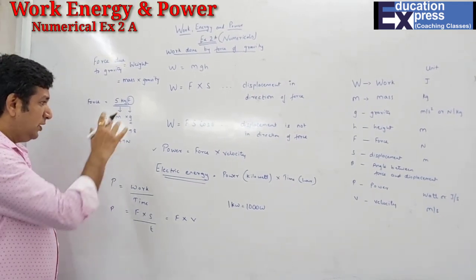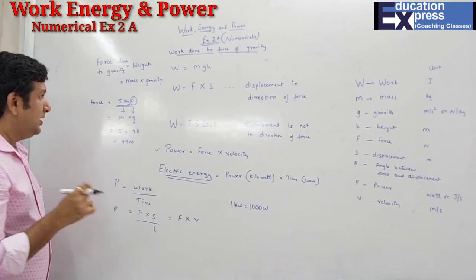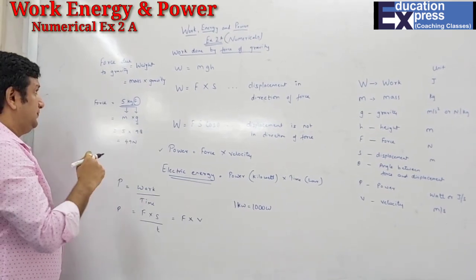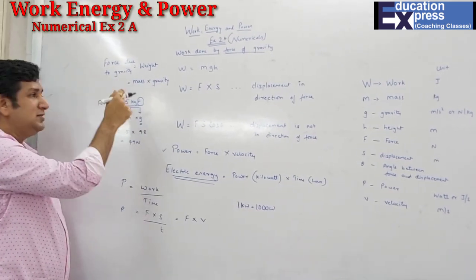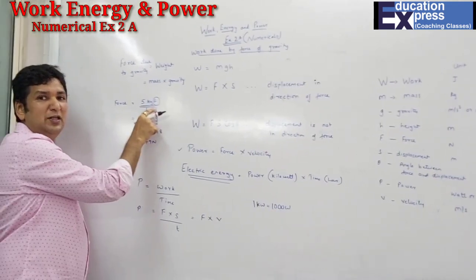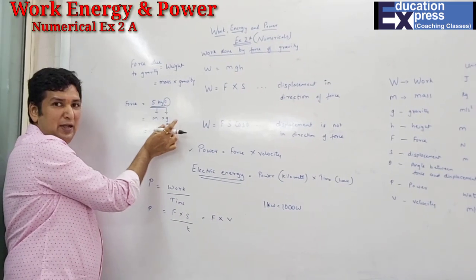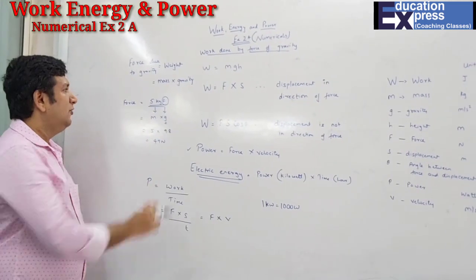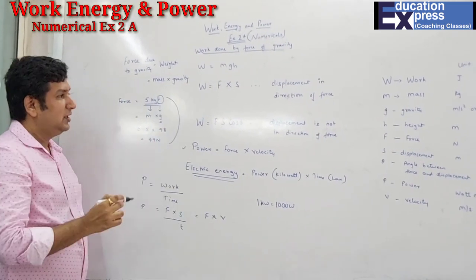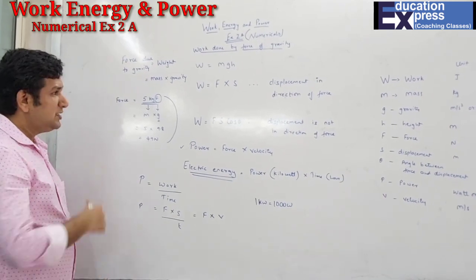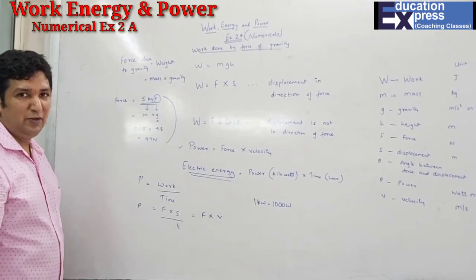Now, the last thing I'll repeat again: when they have given us anything in kgf, you can convert this kgf into Newton by just replacing F with g and then writing the value of g. You can convert from kgf to Newton. This is very, very important, students. So just note down all the formulas. I'll start with the exercise.